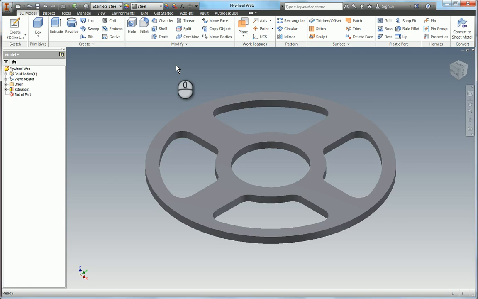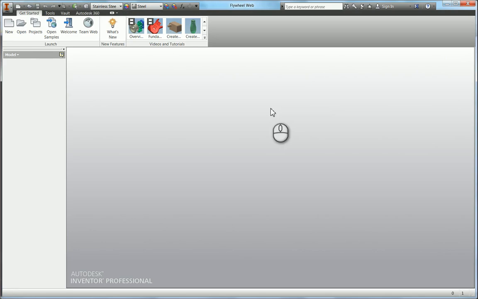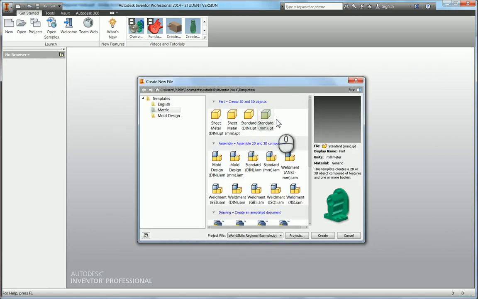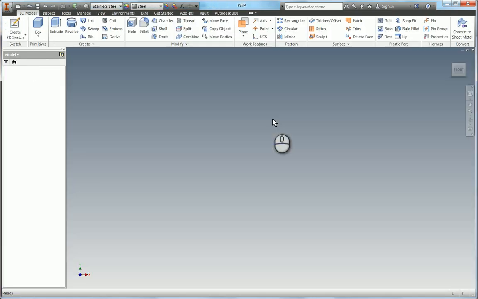The next part we're going to model is the flywheel web. So as always, start a standard millimetre IPT. The first thing we're going to do is get the main profile, and it's very important in Inventor that